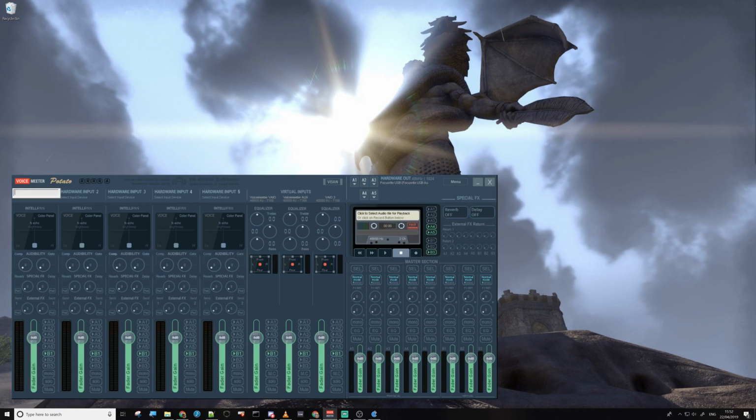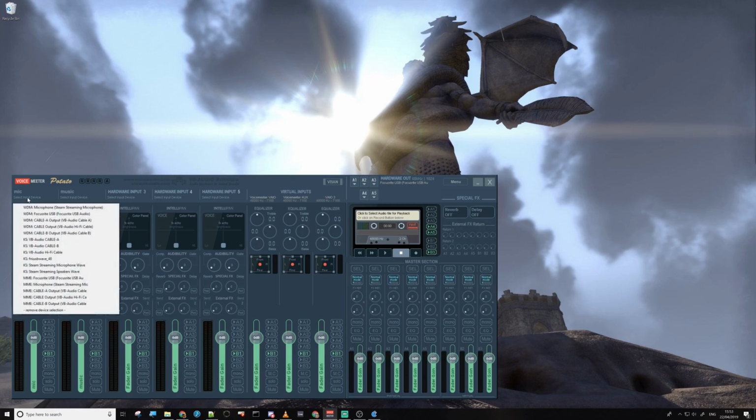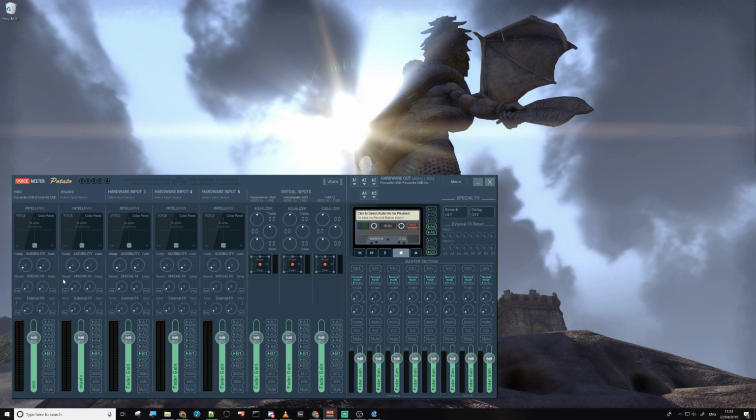So the first thing we want to do is set up. If you right click on the tops here, you can input the name. So for number 1, I'm going to call it the mic, and for number 2, right clicking there, I'm going to call it music. If I could type. You can select your input device by left clicking there, and for this I'm just going to choose my main Focusrite USB. That's my microphone,